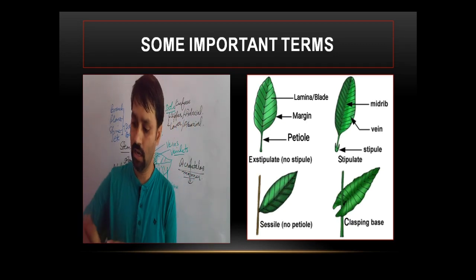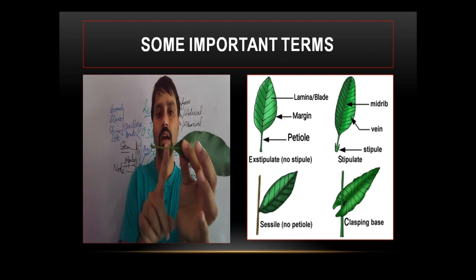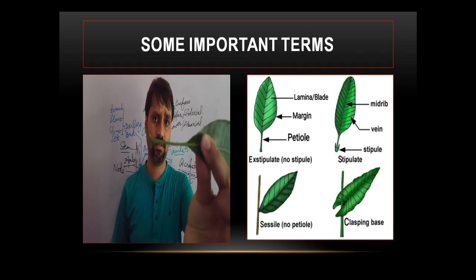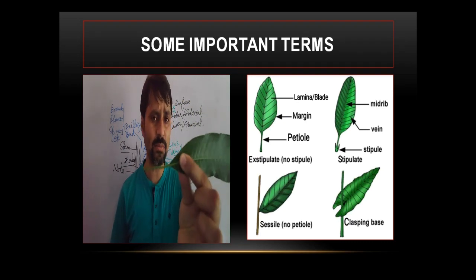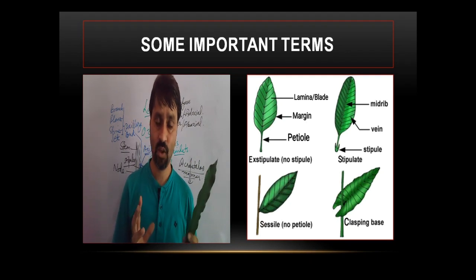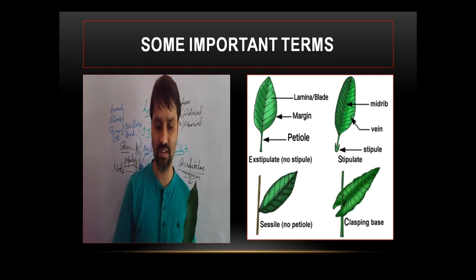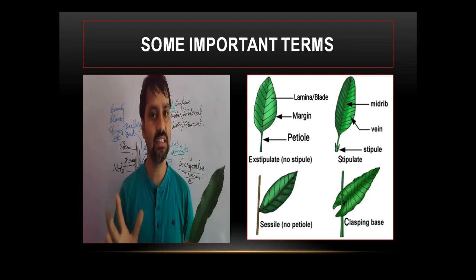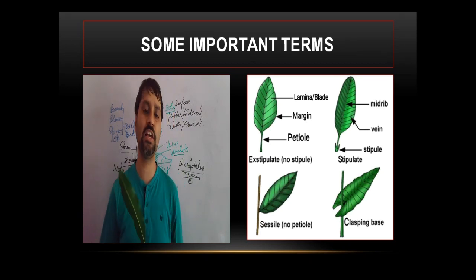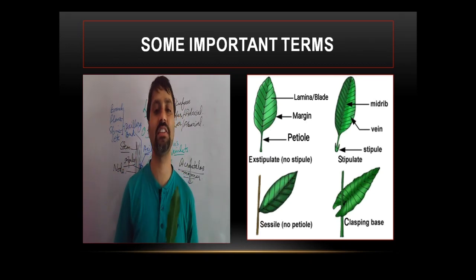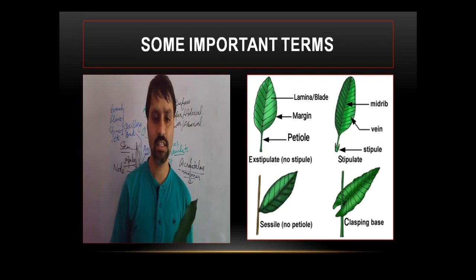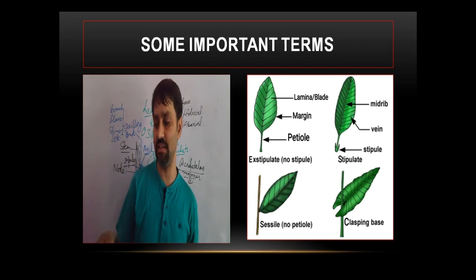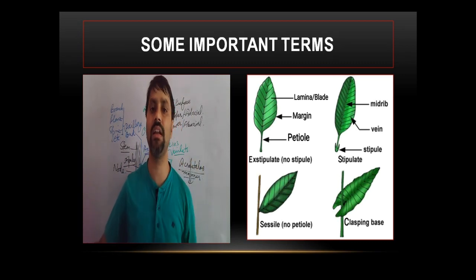Okay. Also one more term. This is the petiole. If petiole is present in the leaves, such kind of leaves are called petiolated leaves. Certain leaves are also there, as in your figure. Sorry, if the petiole is not present, these are called sessile. If the petiole is present, the leaf is called petiolated. If the petiole is absent, then it is called sessile. Some of the leaves cover the stem. These are called clasping base leaves. Their base is clasping, it has made a hold.